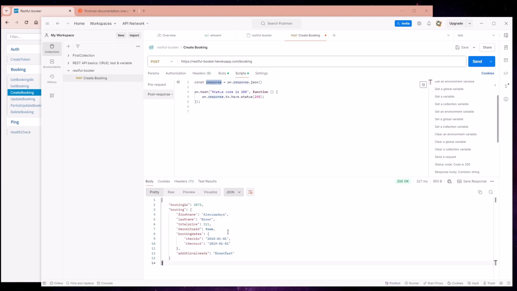Now, how can we look into, let's say, first name and verify that first name is actually alexusadays? So we have to dive into the response itself. So it starts here at the first parentheses. Then it goes into the booking, so right here, and then within the booking there is first name. So let's print it out first to make sure that we pull out the correct data. So console.log,